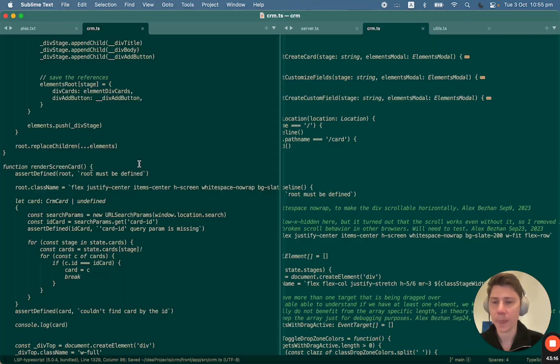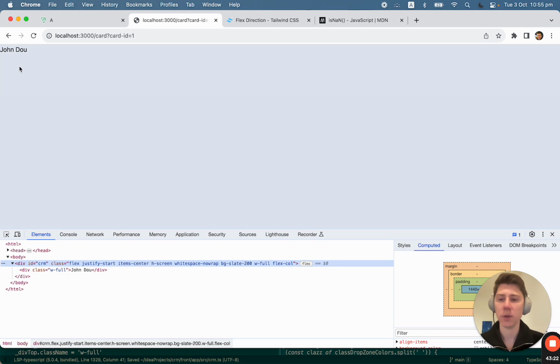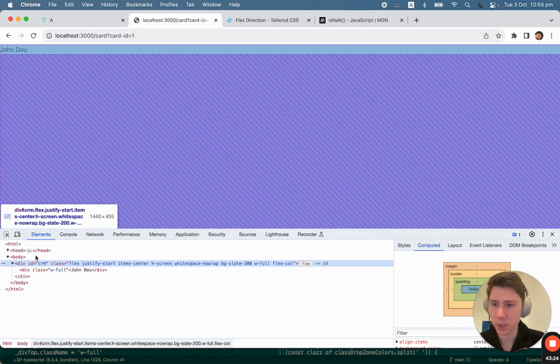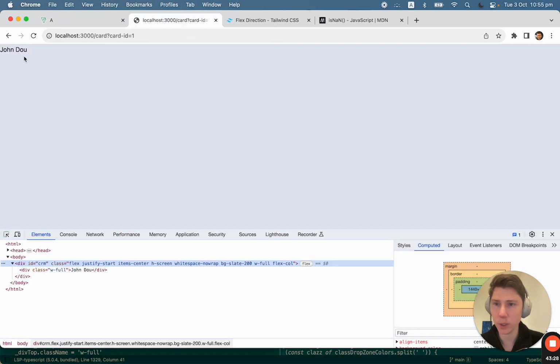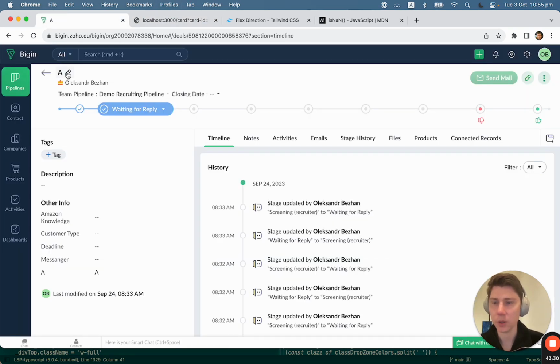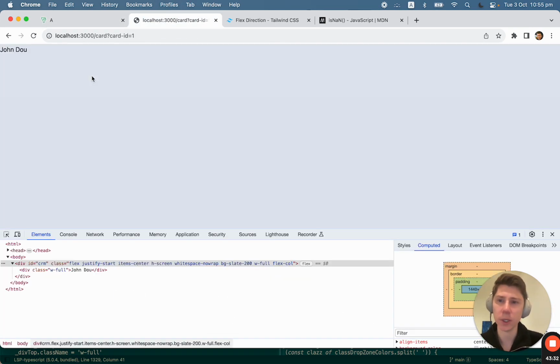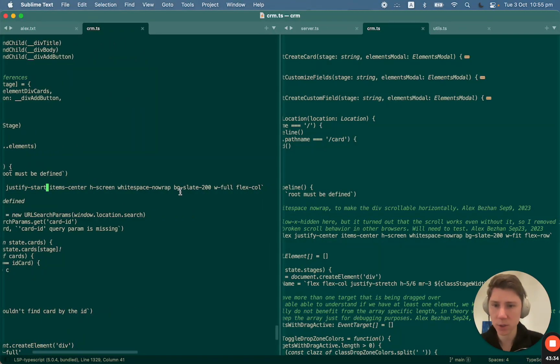So now we wanna say that maybe it's gonna be justify start, right? So we start justifying the items from top to bottom. That way we can have the title at the top. And we also wanna have the background, which is gonna be white,